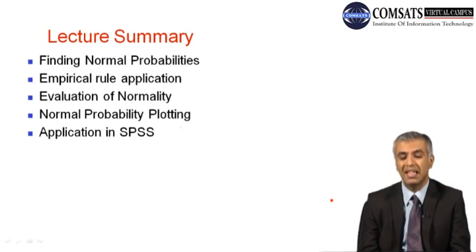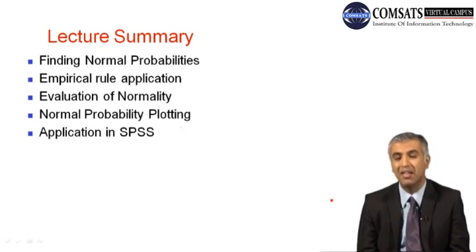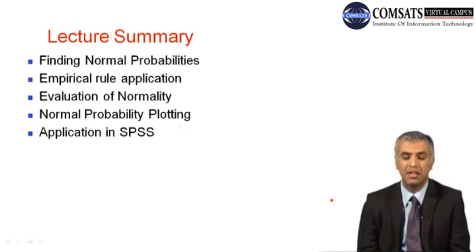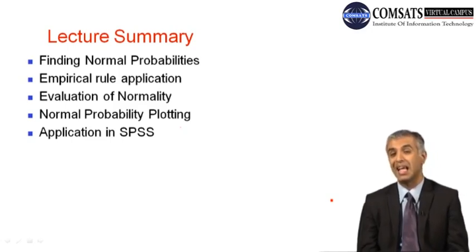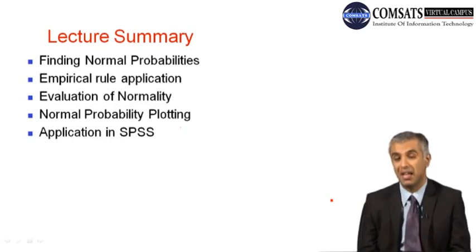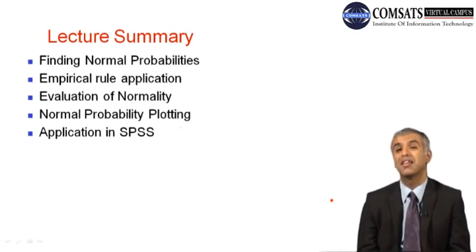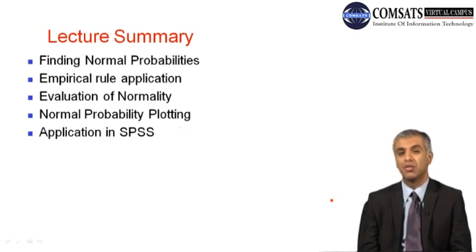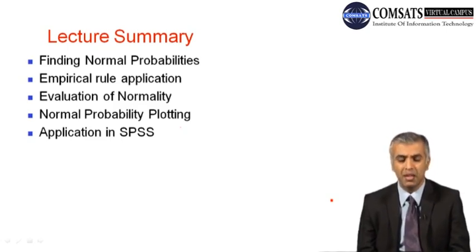So basically there are different shapes, and every shape has its own interpretation, and we discussed the abnormalities which can happen at the ends of the data or at the tail ends of the data set, as we saw in those examples. So this was the application in SPSS we went through in order to assess how this factor can be analyzed while assessing the normality of a certain data